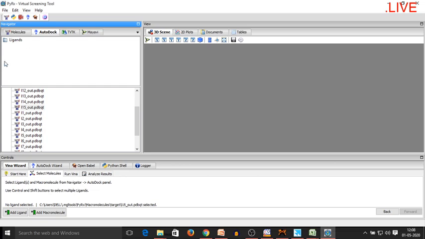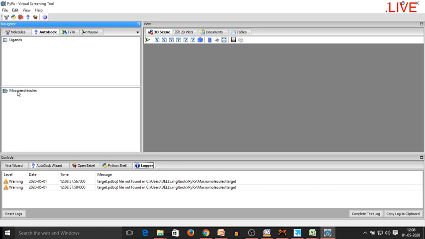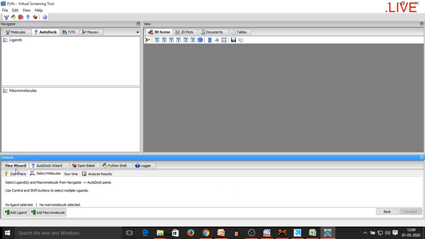If you are not refreshing, the software will consider that initially inputted ligands are still working in it, and for that you have to first refresh this complete set. Like you can see the macromolecules, and again I will refresh. Now there are some warnings displayed, but you do not have to worry about that.